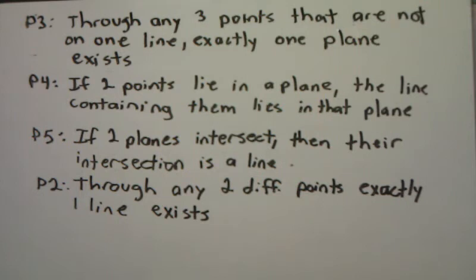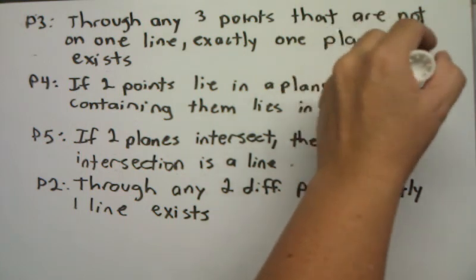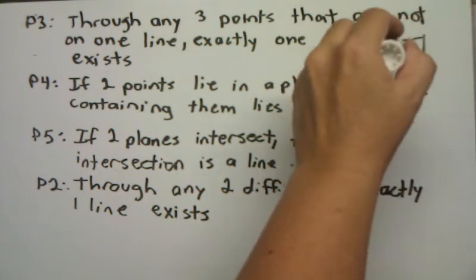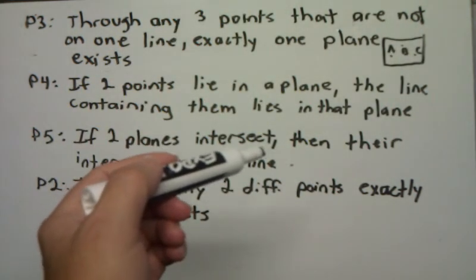Okay, in your notes we put postulate 3 said through any 3 points that are not on one line, exactly one plane exists. So postulate 3 tells us that if we have 3 non-collinear points, then only one plane contains them. We can also say that 3 points determine a plane. It reminds us that the plane, okay, if I were to draw a plane, I don't know how much room I have here. And I label these A, B, and C. It reminds us that